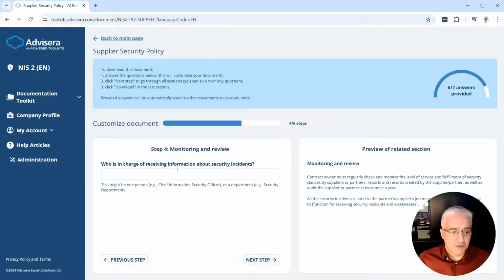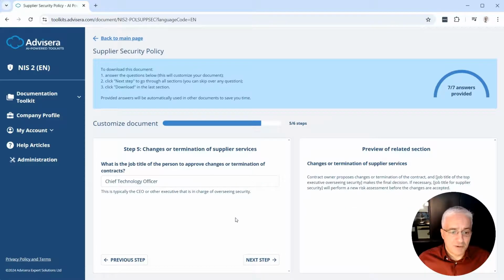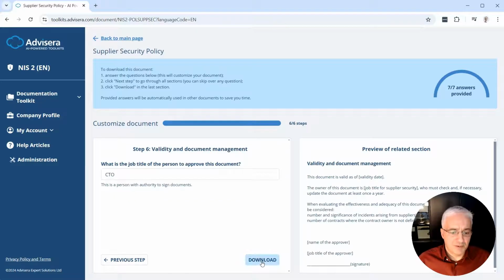Click next. Who is in charge of receiving information about security incidents? Let's say I have here CISO. I have a department like security department. Let's say security department. Okay, of course I can write anything else. I don't have to follow exactly what is written here. Job title to approve changes or termination of contracts. So this is, let's say, legal officer. Next step, approve this document, and then I click download, and I'll be able to download this document, which is